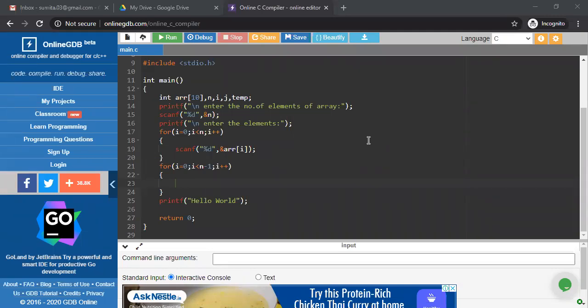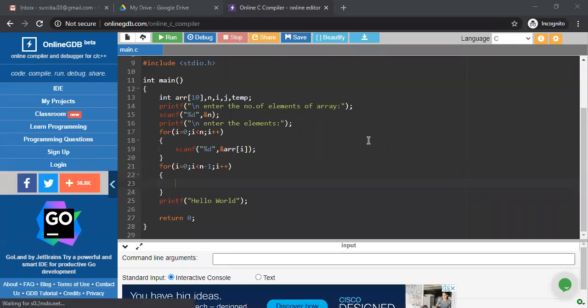Now you have to think about the second part, which is the comparison. See, in the first pass, we compared the first position element to the second position element. If the first position element is greater than the second position element of your array, then they interchange positions with each other.